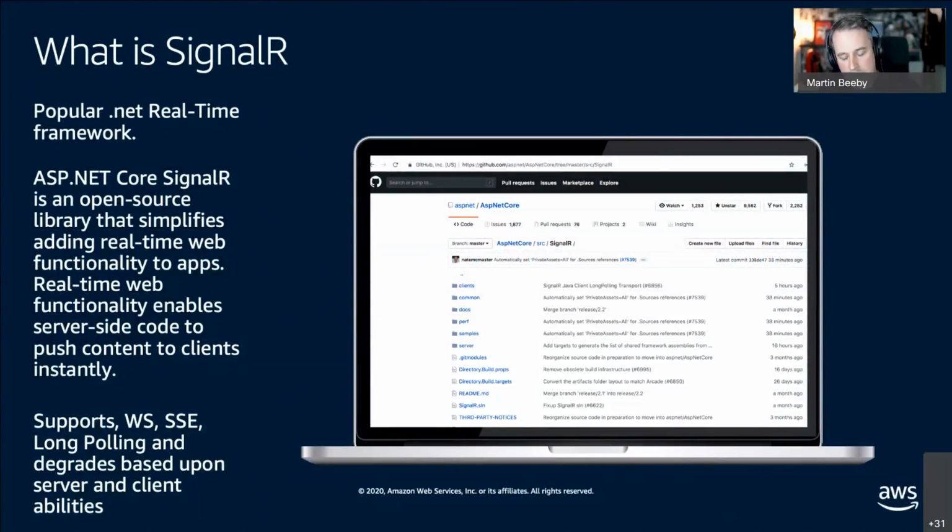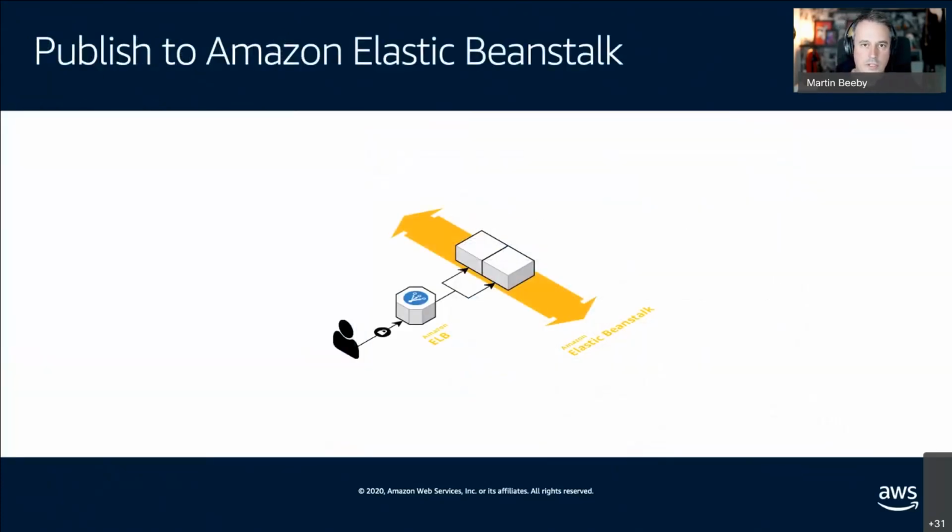It is open source, as I say, and it supports a number of different transports. So I've talked about WebSockets. There are other transports that I'm not going to go into, but there are other ways of doing real-time communication. And SignalR is really nice in that it wraps them all up for you and basically chooses whichever is the best option at the time, depending on what the server supports, what the application supports, and various other things. It's not a talk about SignalR, but it's just an important thing to explain what I'm trying to build here. Because when I built my SignalR application and I moved to AWS, which is about 1.5 years ago,